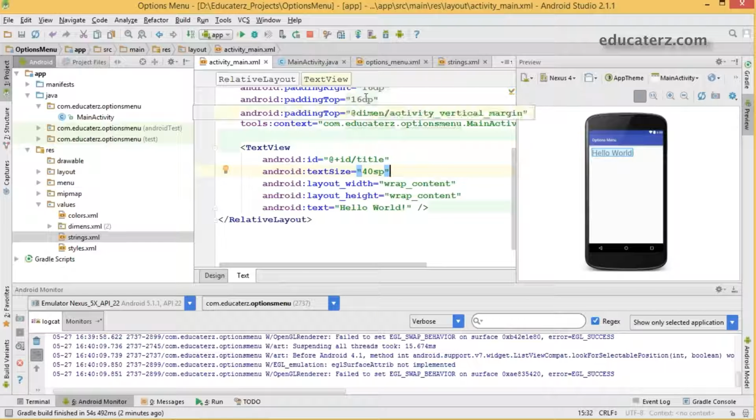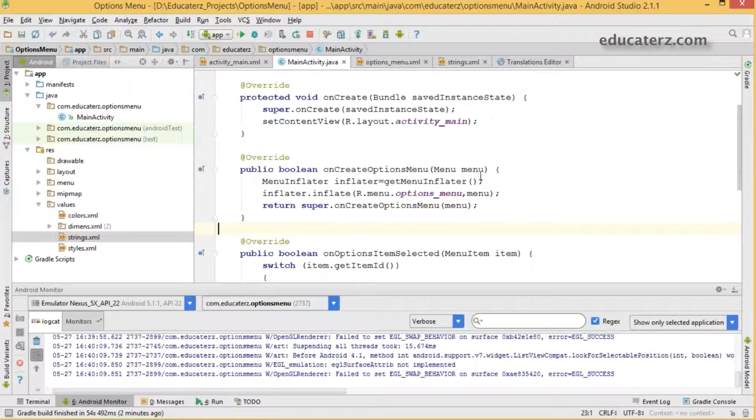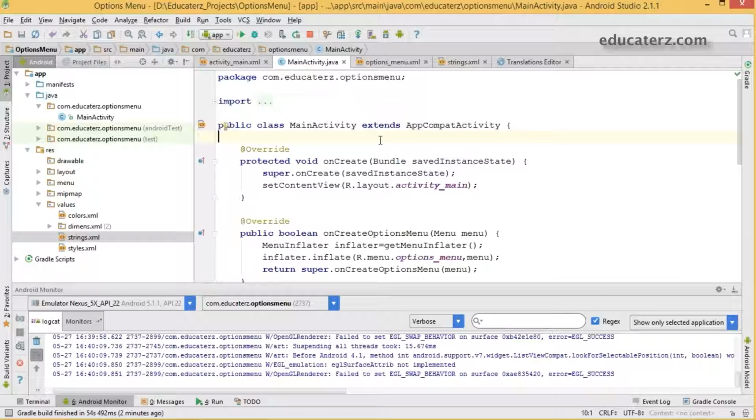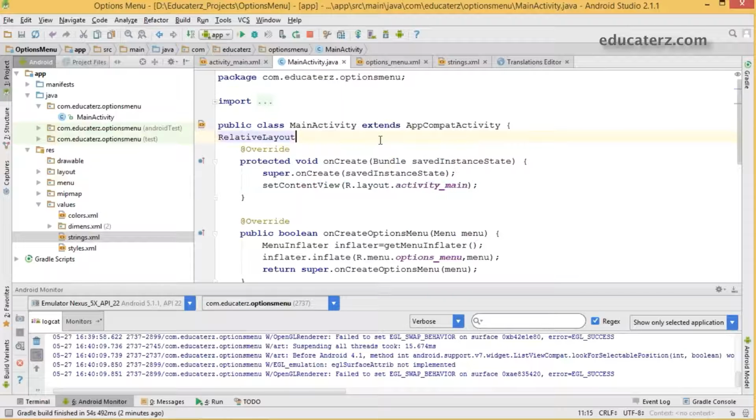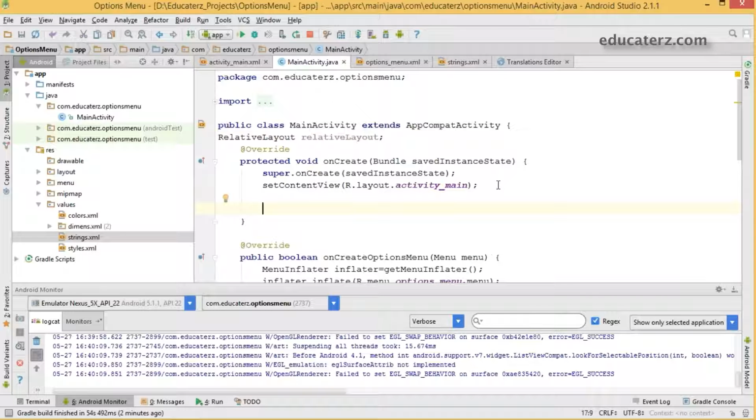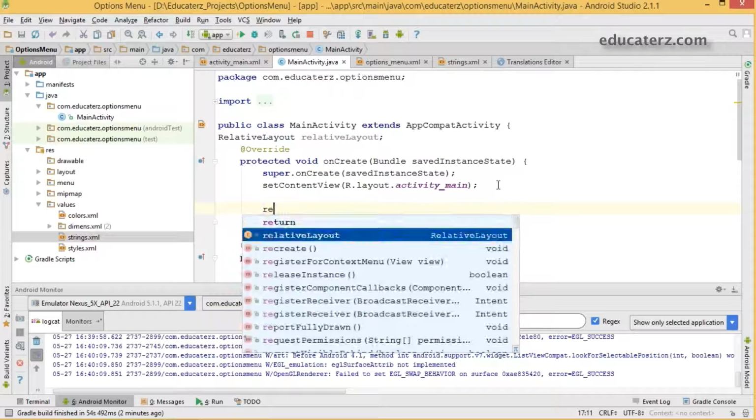Now come back to your activity. Just load whatever you're trying to use. You are going to change the background, so you need an ID for that particular background, which is your relative layout. I'll say relative layout REL. And if you want to use something in your activity, we will use the findViewById method, as we know already.